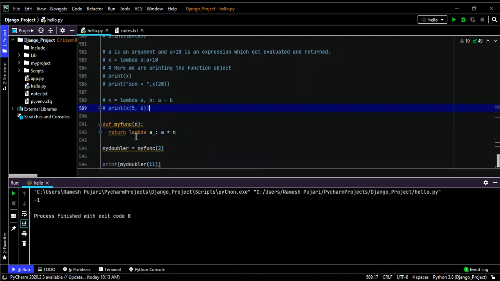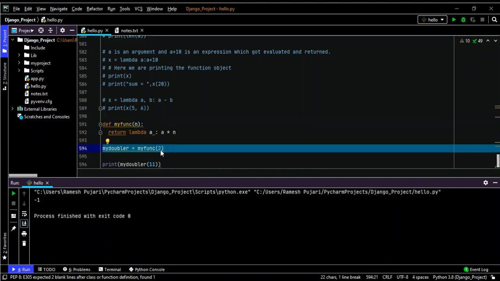Now here I'm taking mydoubler as the variable name and I am calling myfunction. When I call this function, I have to pass the value, because I defined the function with a parameter. So I passed 2.